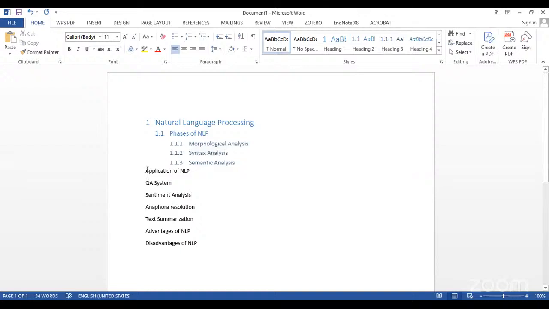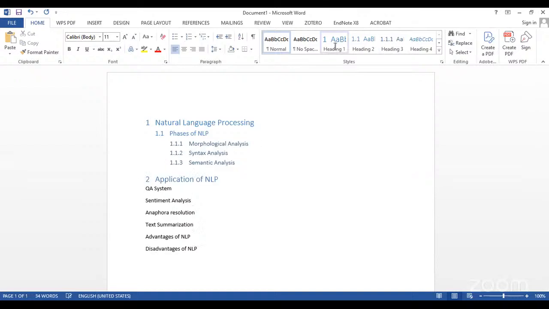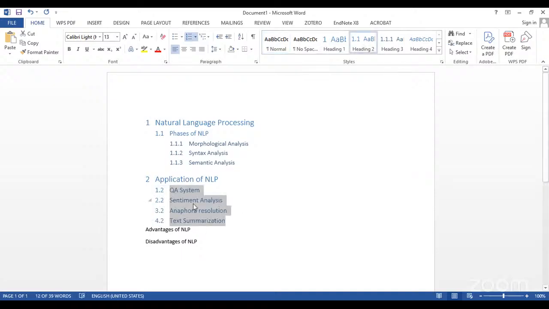Similarly, if your cursor is at applications of NLP, and you go to heading 1, it will automatically show heading 1. After that, these are the subpoints of my applications. So I will just select it and go to heading 2. It will automatically give it the numbering.